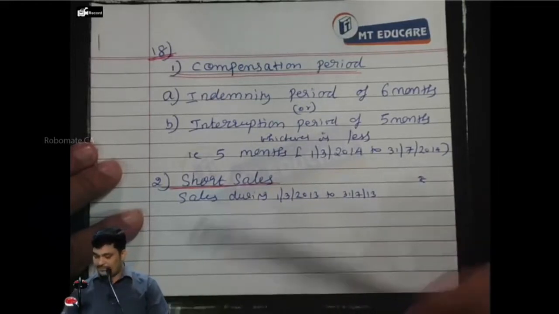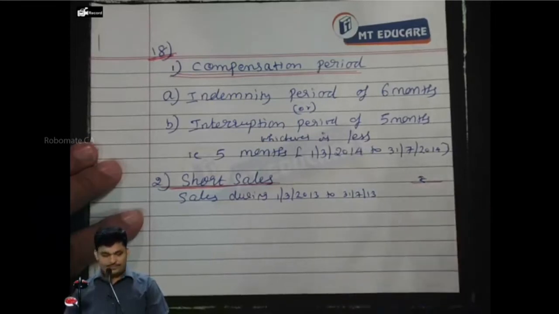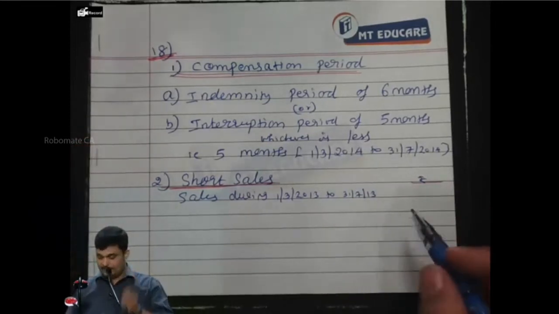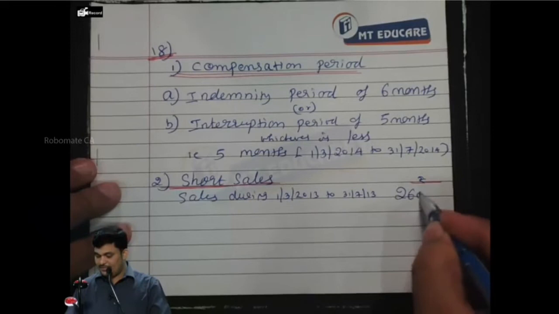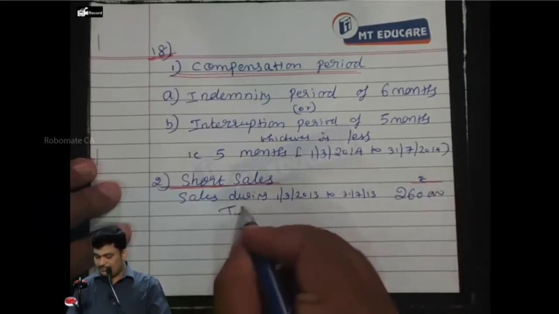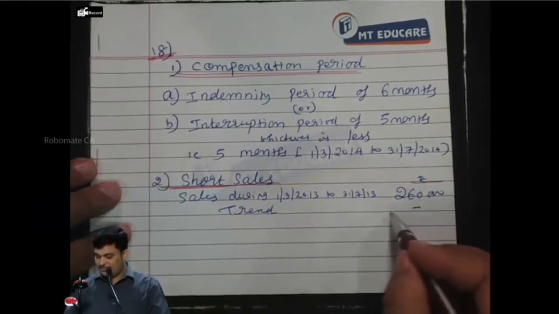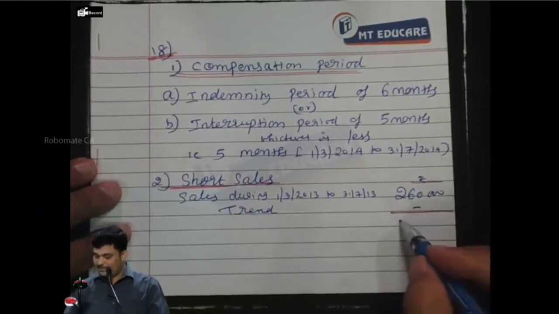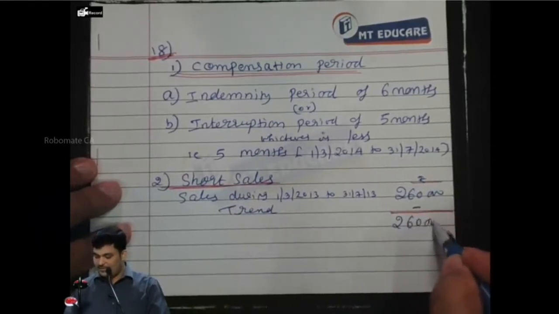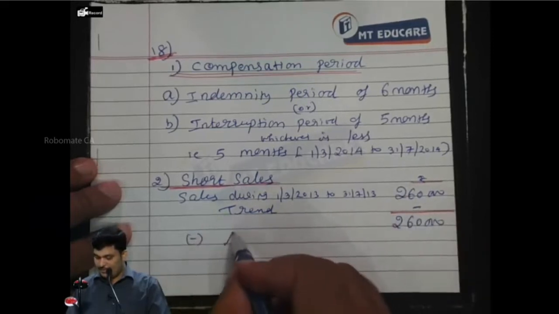How much? 2,60,000. Trend adjustment not there. Thereby we expected 2,60,000 minus